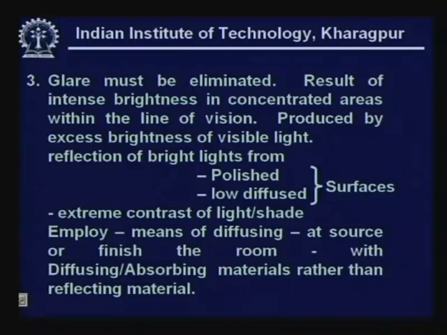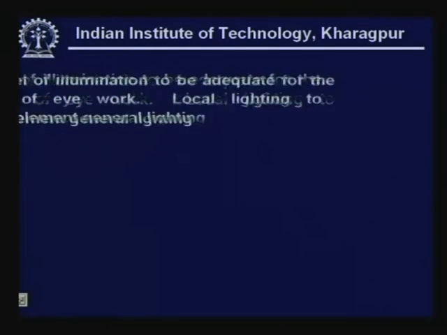We will come to the typical recommended reflectance levels; we have seen them earlier also in talking about the glare reduction. So, the first one was to do with how a general lighting should be. The second one talked about how the lamp should not draw attention to itself, and the third talks about the glare control,